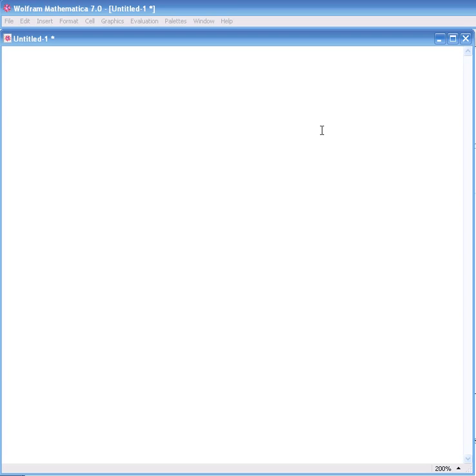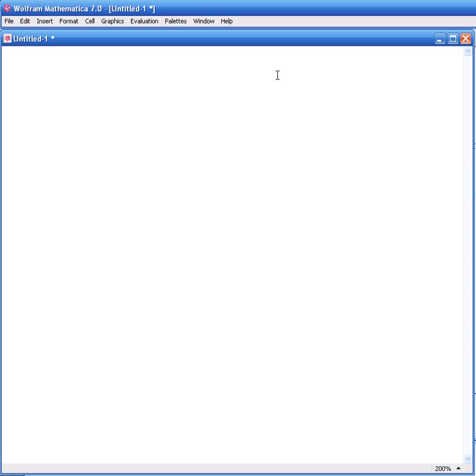Hello. This time we're going to see how to enter other types of functions. Sometimes functions are written in a form that isn't quite in the normal function form. So an example, I'm going to write this in as text, would be to